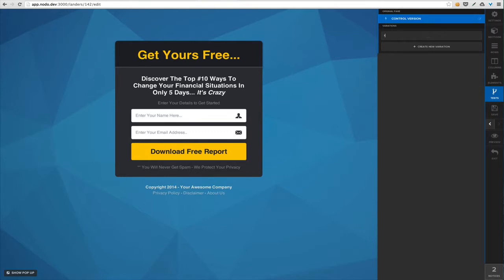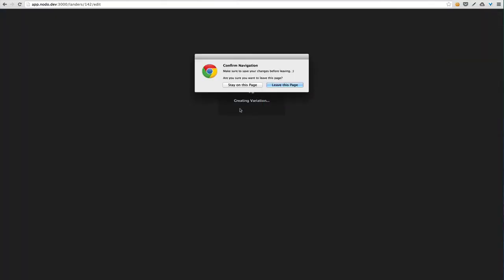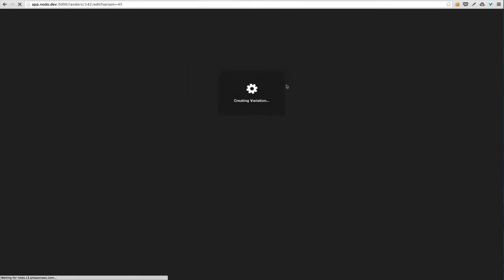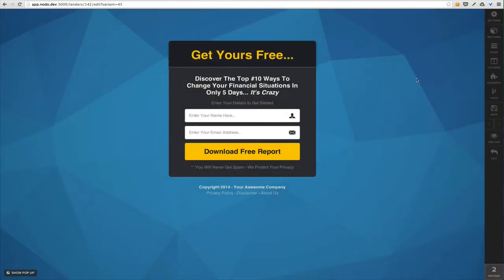Let's call this an orange version. Click on create new variation. And you can start saying creating variation. It may ask you if you want to leave. Maybe say yes, we do want to leave this page, and then it's going to reload the editor with your variation. Now it's going to look the exact same because it's just a clone of the page that you were